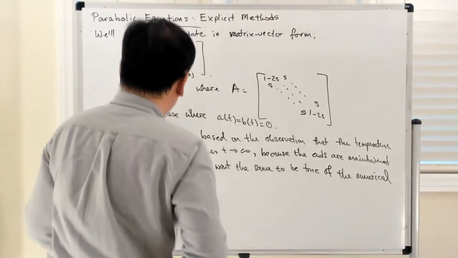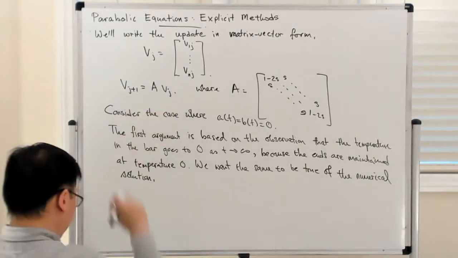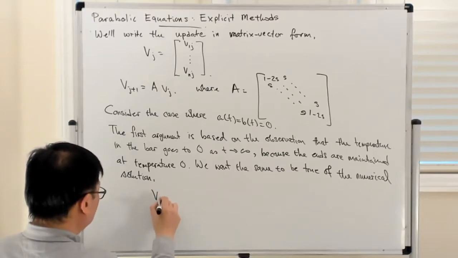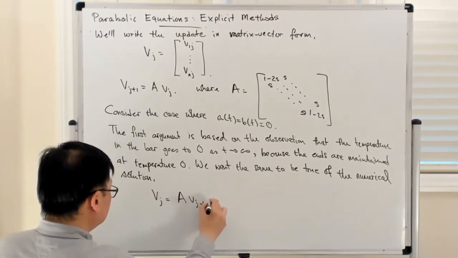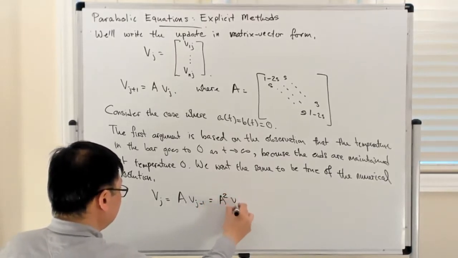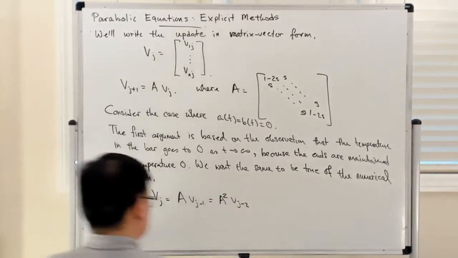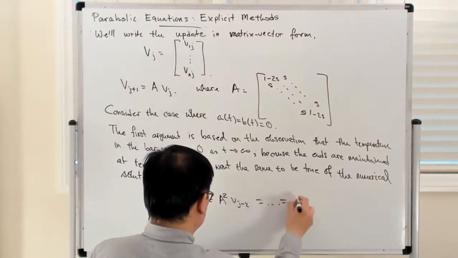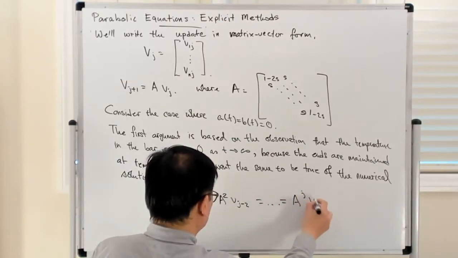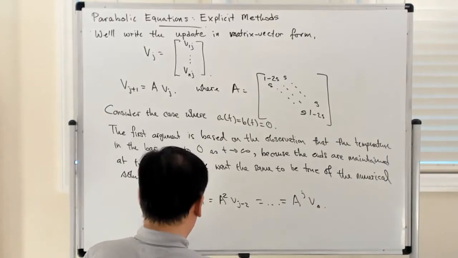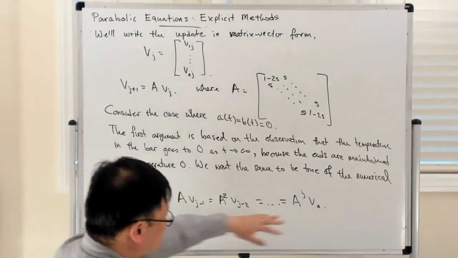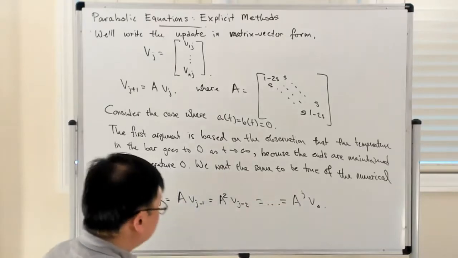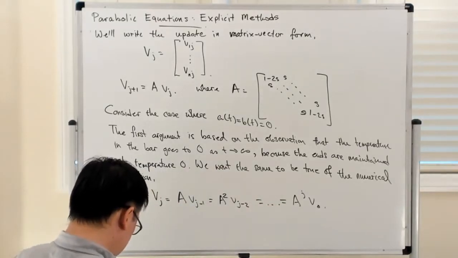Okay, and then we know that by this recurrence relationship Vj is equal to A Vj minus 1, which is equal to A squared Vj minus 2, which all the way is equal to A to the j V0. Okay, so if you want Vj to go to 0 as j goes to infinity, right? Then